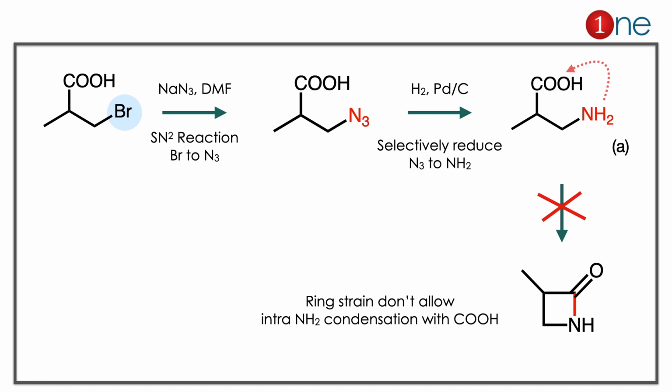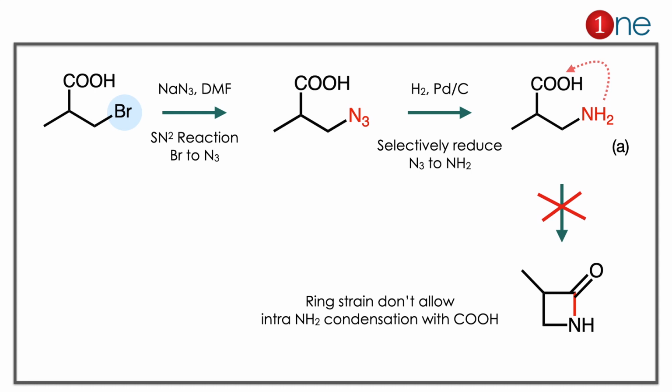The starting material is a haloacid, and you are using the azide. So what really happens is there is a possibility of an SN2 reaction. Because bromine is a very good leaving group, the azide attacks, and you have the substitution of bromine by azide there. A simple substitution reaction. Next step you are using palladium on carbon. It selectively reduces the carbon-hetero bond, which is the carbon-nitrogen bond. So azide is converted into amine there, not the acid.